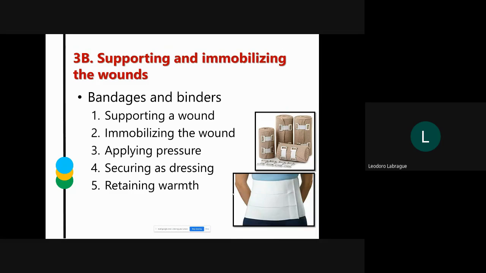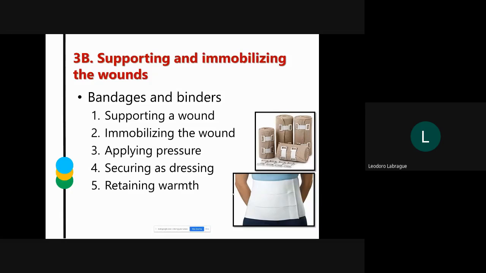Okay, let's move on. Now, aside from applying wound dressing and cleaning the wound, there would be some instances where you need to provide support and immobilize the wound. Again, we've mentioned earlier the reason why we need to immobilize the wound. Most wounds, especially during the early healing process, should not be disturbed. That's why we need to immobilize them, because the moment we keep on moving the wound, the healing process is disturbed. The granulation process will be disturbed, and that is very important.